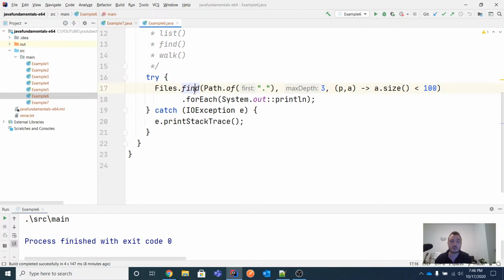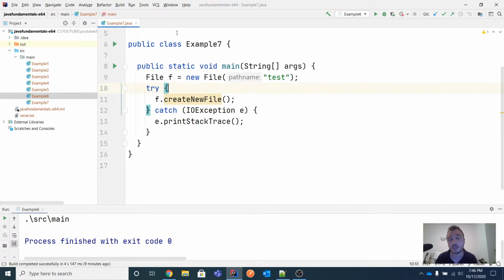So the methods representing operations on the file system, or whatever you want to call them. So this is the second responsibility. This is how the new approach separates the responsibility, making our code easier to understand and easier to maintain as well. And not only our code, but the JDK itself is easier to maintain, because now it has the responsibility correctly separated. So if you use the File class, this is the legacy approach,